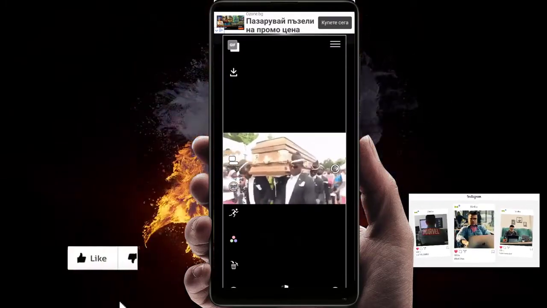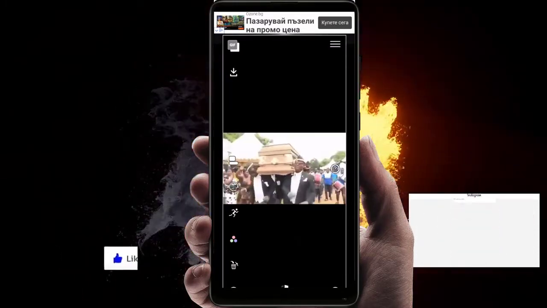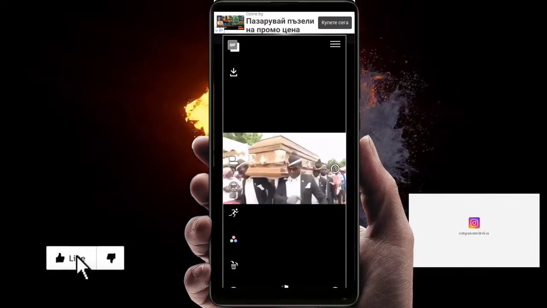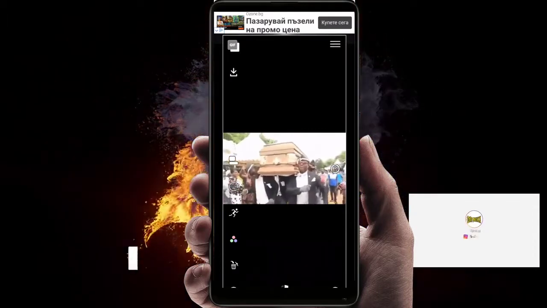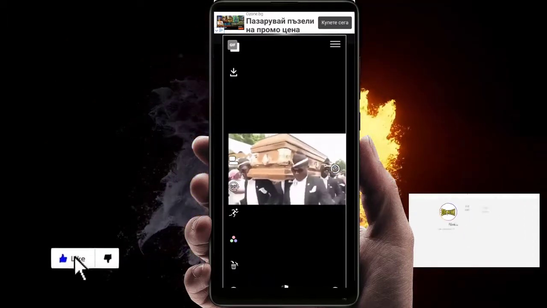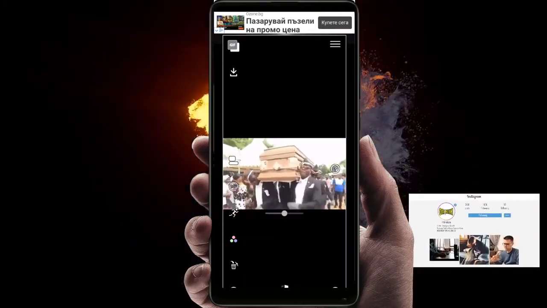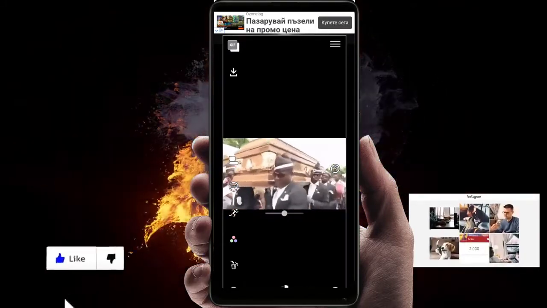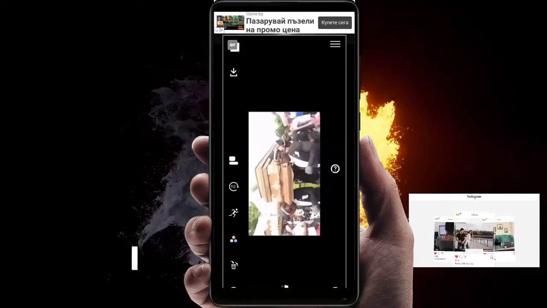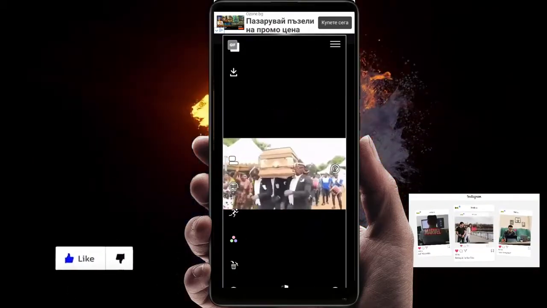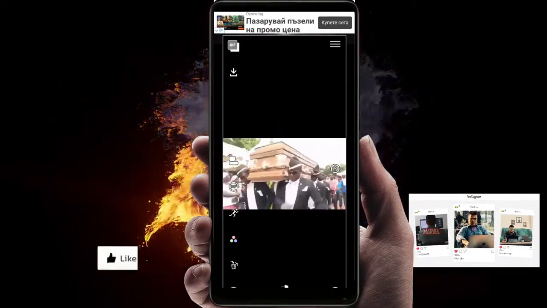zoom in a little bit, and yeah, that's it. Actually you can change the speed of the video. Oh no, wait, yeah, the speed of the video, and you can rotate it if you want it. And yeah, when you're done here, just click on the check mark,